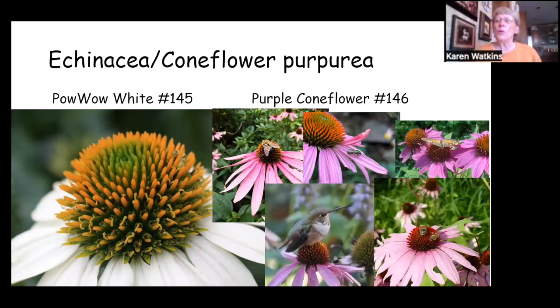Echinacea, coneflower purpurea. This is a must for every garden. We have two different purpureas this year, which is the native coneflower. They are from families that, know, are going to attract pollinators and beneficial insects, being another keystone plant from the aster family. The first one is Powwow White, which is a really, really true white. The cone has yellow fertile florets. Those are actually little flowers in the cone. And the white ray flowers that come out have a tendency to go downward instead of upward, like on the